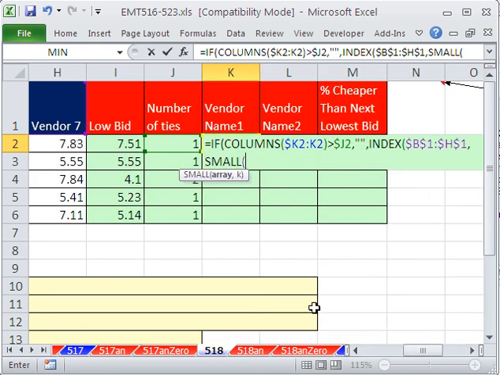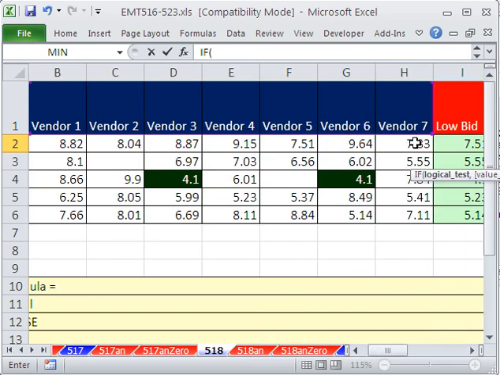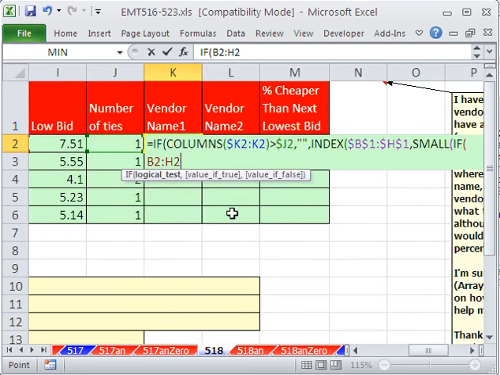Well, what is the criteria? If anything in this range over here, relative, and this is not relative, we need to hit F4 and lock the column, because remember, we're here and then here. When it goes down, it needs to move. So if anything in that range is equal to the low bid. And this one's also going to be locked, F4. Lock this way, but not down. If that's true, what do we want? Well, we're trying to get